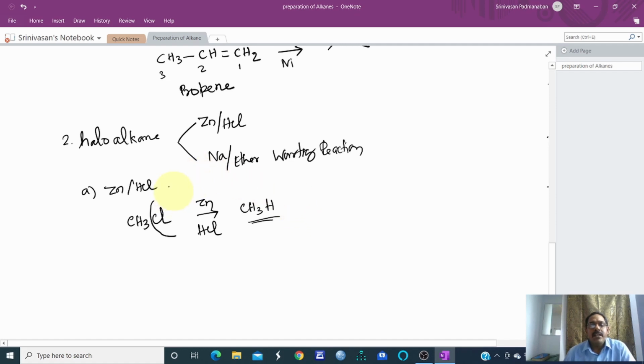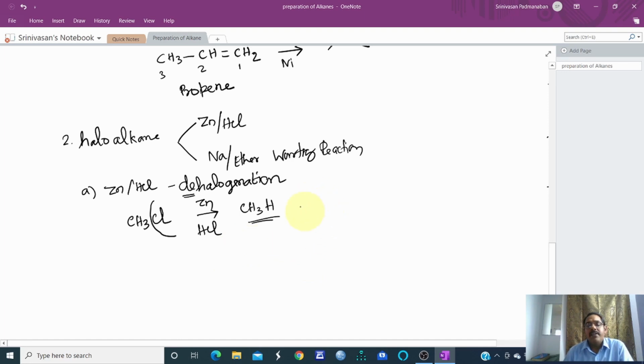Therefore, the name for this reaction is dehalogenation. So why do we call it dehalogenation? We remove halogen. Therefore, D means removal. So this D we call removal of halogen. DE means removal, and since we remove halogen, it is removal of halogens. So this is the first one.